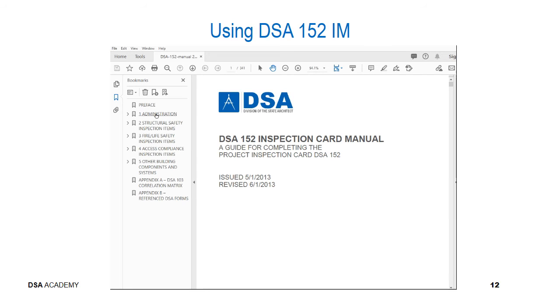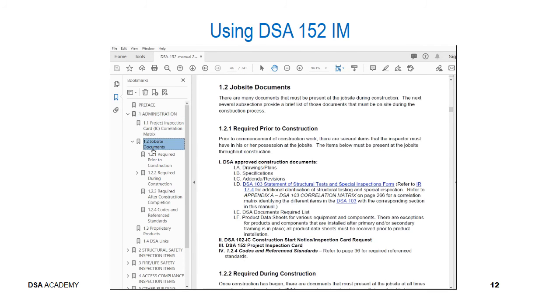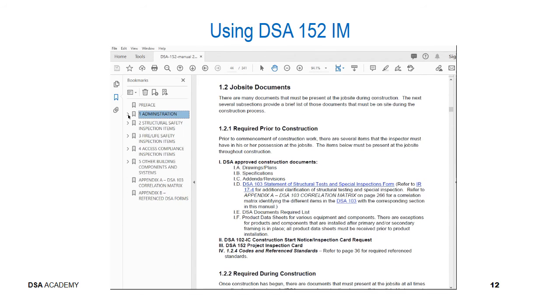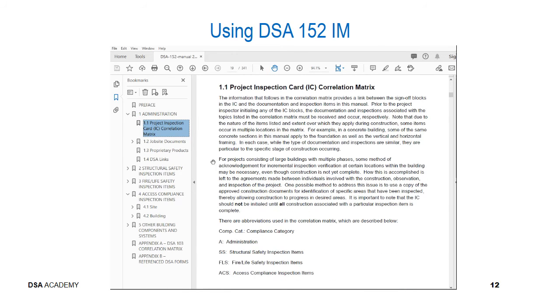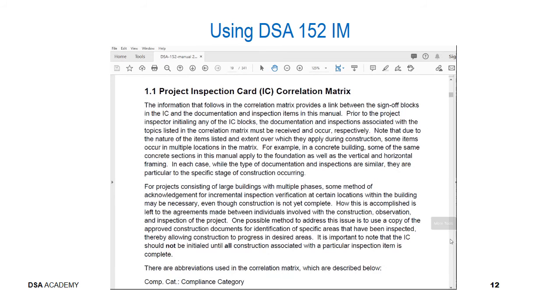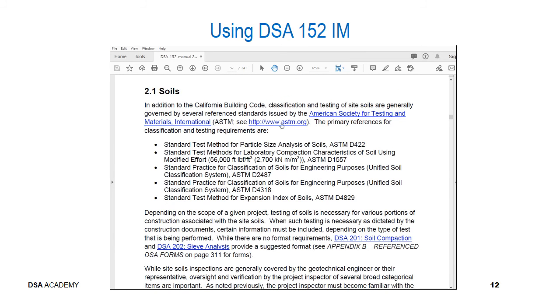So there's a table of contents, all of which are hyperlinked. So you can go to these at any time, and if you click on these arrows, it allows you to quickly navigate to different parts of the manual. Also, within the document itself, you saw that I was using some of the hyperlinked aspects within the inspection matrix. So anytime you see a hand, then that's going to give you an idea about what's available as a hyperlink for some of these forms or other